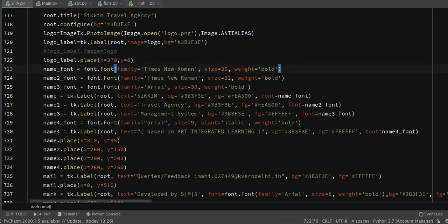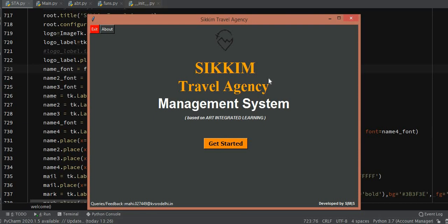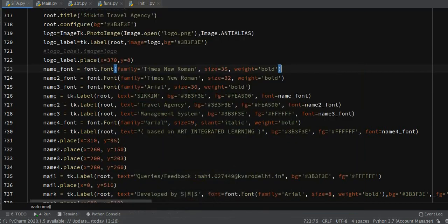So now let us move on to the text, how we display some text. So this is text. At the corner we have our text. Let me just give you an example of this text, that is Sikkim. First I have declared some fonts. So I've used the tkinter.font module. So font, and then I have called the Font function here. Now you don't have to use your root name, okay, window name, because it's just Font here.